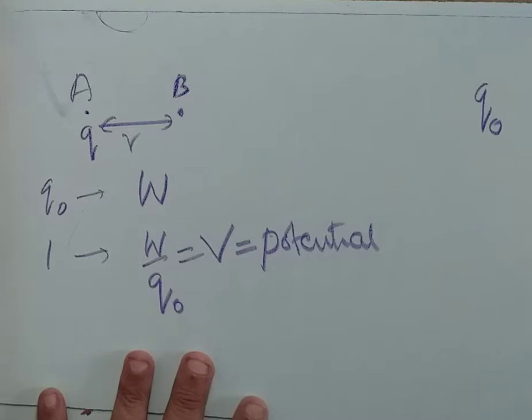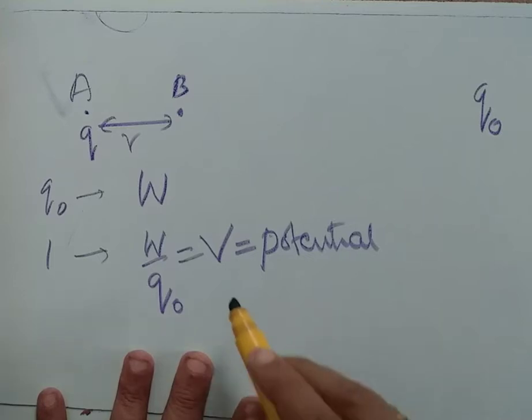Let me repeat it. Very important definition. In the board exam, it may be asked. Define electric potential at a point is the question. How to define it? It is the amount of work done in pushing unit positive charge from infinity to the given point against the repulsion without accelerating it.